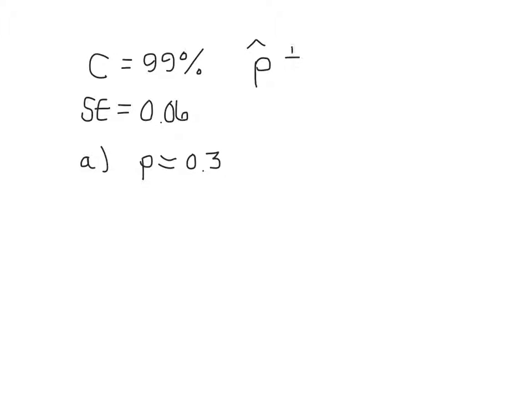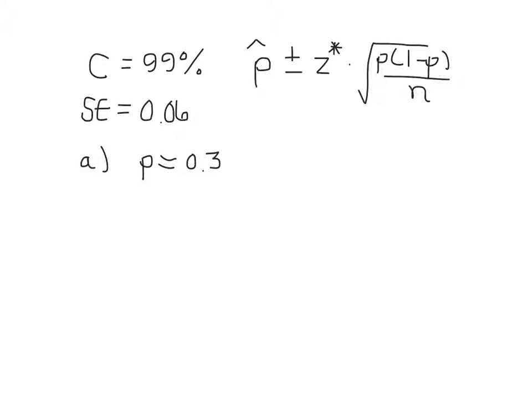We take our sample proportion P hat plus or minus our critical value Z star times the standard error of our sampling distribution, which is typically the square root of P times 1 minus P all over N. And if we don't know P, we use P hat. So in part A, it says, let's assume that P is near 0.3. So we're giving you, or they're giving you, a